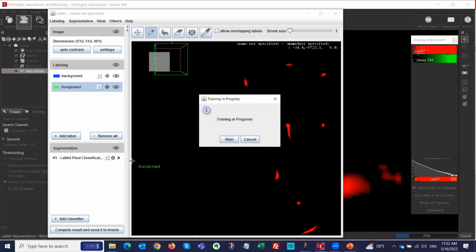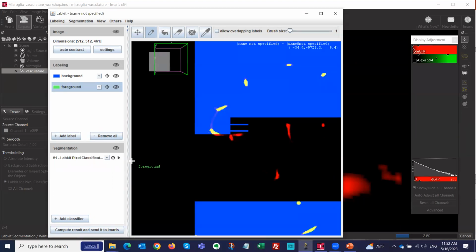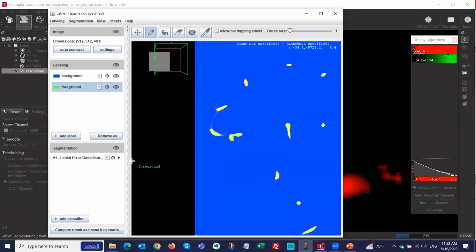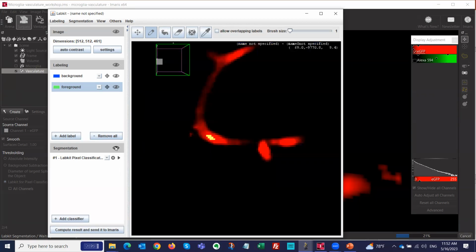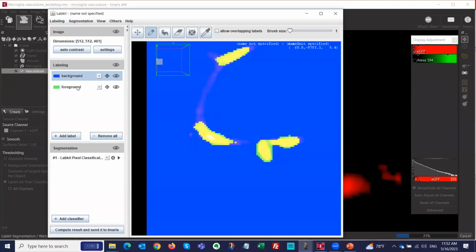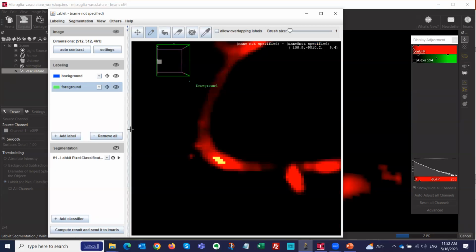The software will learn from step to step. It won't probably do a perfect job right away because it's like with your kids, you tell them once and they will still do it wrong. You have to tell it again and again to make it better. Again, you go in here, you see, okay, it's quite okay, but it's not perfect. Like you see this dim one, so you say bad software. This should have been foreground and not background. So you go into foreground and you just tell it,